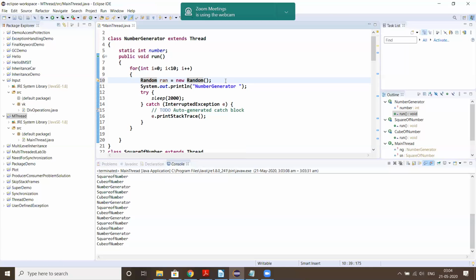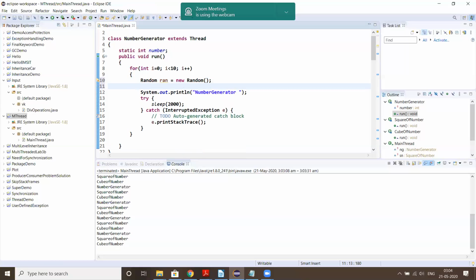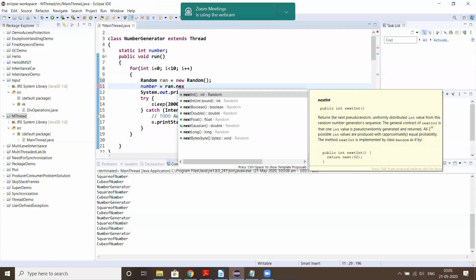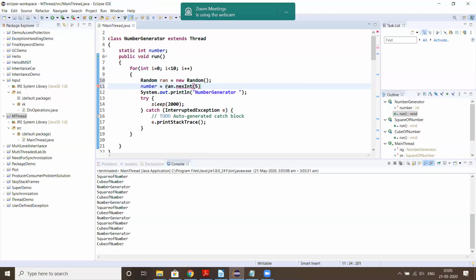Once you have created an object of type random, you can generate the random number. So number, the data member in line number 5, equal to the random object dot next int. I can give the boundary, like say if I give 5, what it would do is